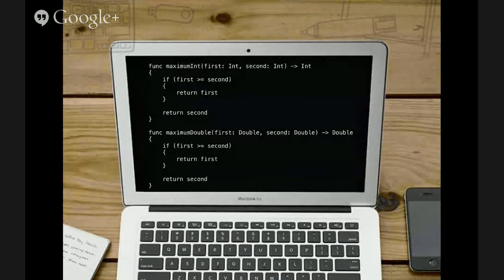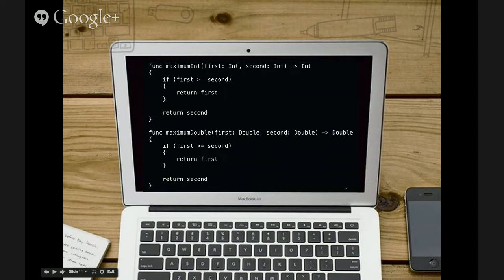So let's say in Swift, these are a couple of simple Swift functions, that we wanted a method that we would pass 2 integers, and it would compare them and tell us which one was the largest of the 2. So it's a function that takes 2 integers as parameters and returns an Int. If first is greater than or equal to second, return first, and if it's not, return second. Now let's say we want to do the same thing, but this time it's a Double instead of an integer. So we'll write another method. And you look at those two, the only difference is the type of the return value and the type of the parameters. So with generics in Swift, we can combine these two, and we can have one method that,